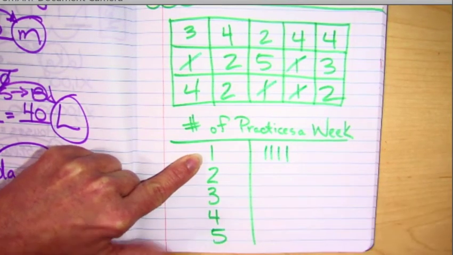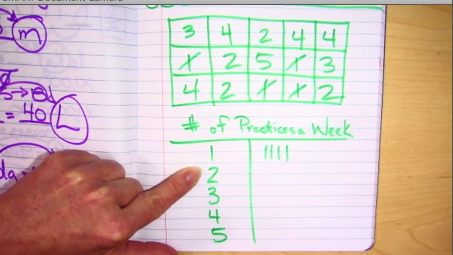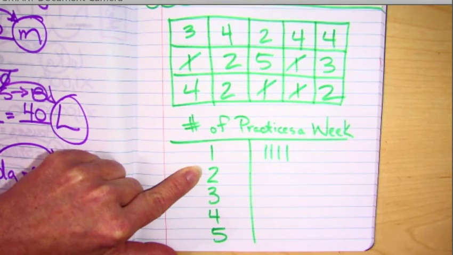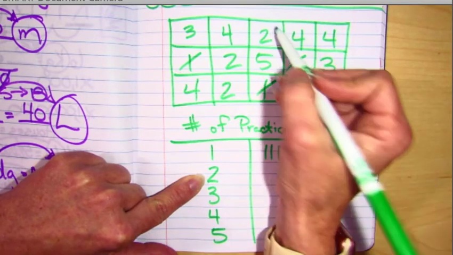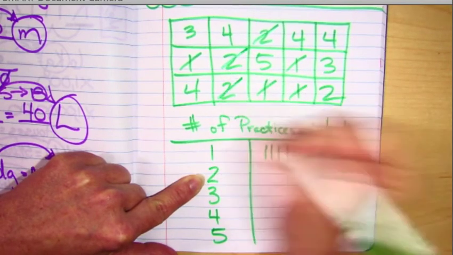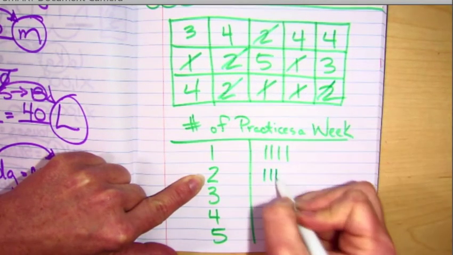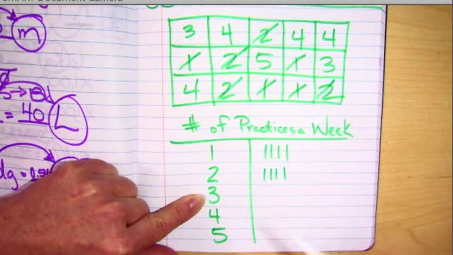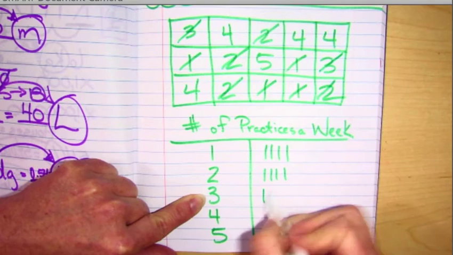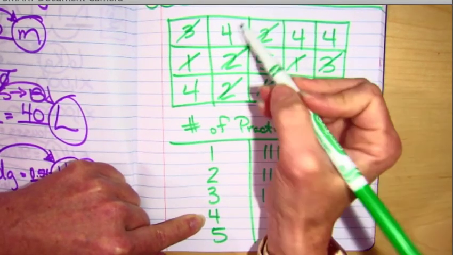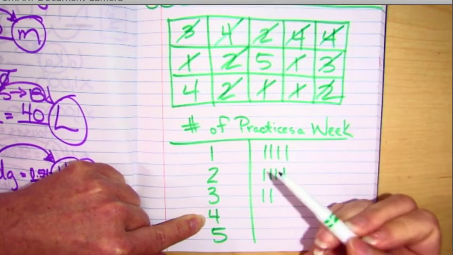If you cross and count and you get to the end and one of your boxes isn't crossed off, that means you missed it. And you can add it to that row and not have the wrong numbers. For 2, how many 2s do we have? 1, 2, 3, 4. Does this look hard? No. How many 3s do we have? 1, 2. How many 4s do we have? 1, 2, 3, 4. Yeah.